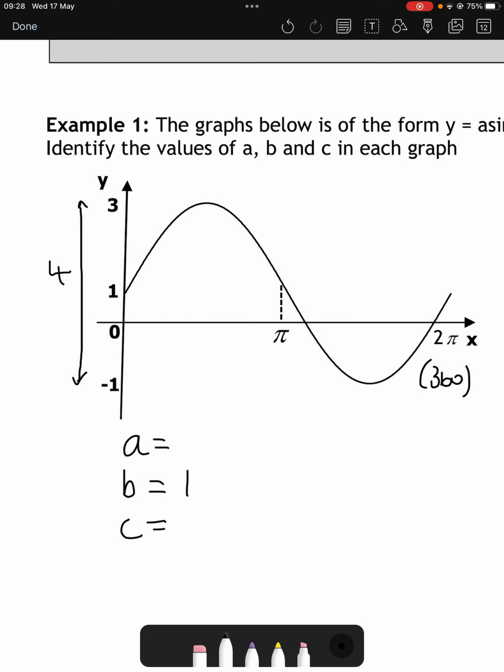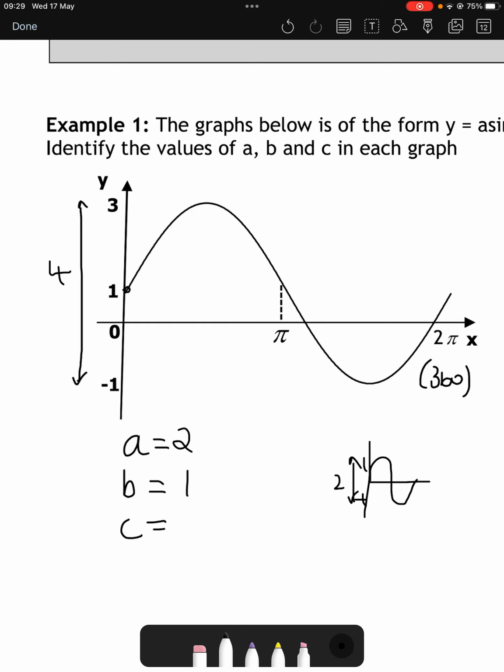So if we think about a normal sine graph, a normal sine graph looks like this. It goes between 1 and -1, so they are 2 apart. So a normal sine graph is normally 2 apart. These are actually 4 apart, so that means the graph has been multiplied by 2. Between 1 and -1, its amplitude is 1 from the x-axis to the height, but this one, if you go from the middle point to there, the difference is 2. So it's been multiplied by 2 basically, but I like to think of it as between 1 and -1, and